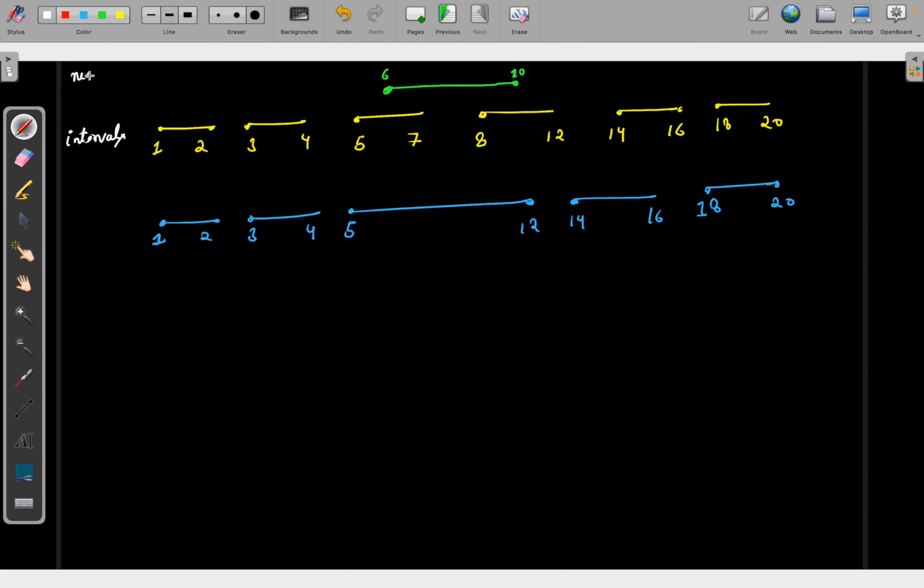This is my new interval right here. This is my new interval in green. So before merging, if you check these intervals, I can directly put in my answer without changing anything. If these intervals are not overlapping, I can simply put in my answers. Also, the intervals that are after the merging, after the overlapping, I can directly put into my answer